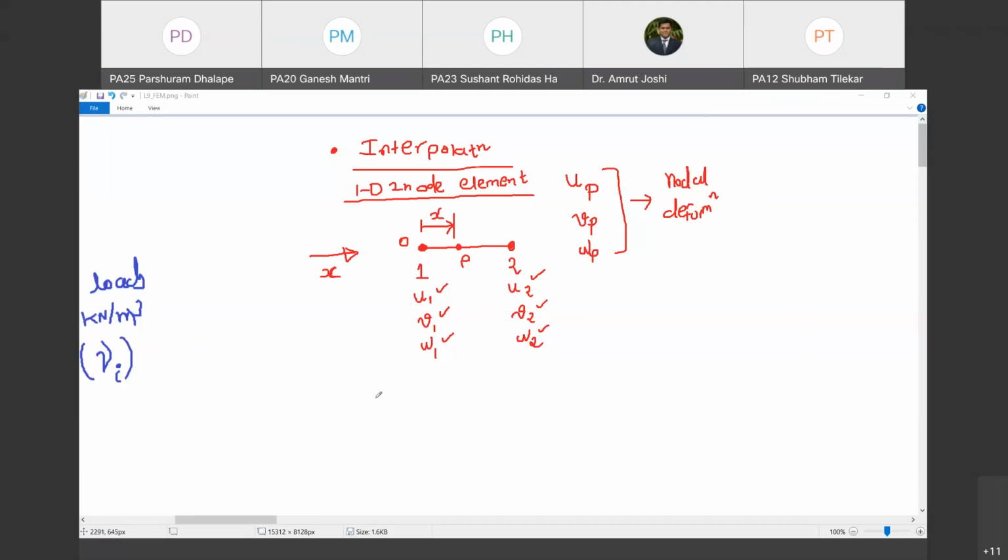Yes. Now for this, I am going to do a seemingly different task, seemingly unrelated task. What am I going to do? I am going to define something called shape functions. Shape function. Why is it called a shape function? What do we mean by shape function? I will explain all these things later. Let us do it first.